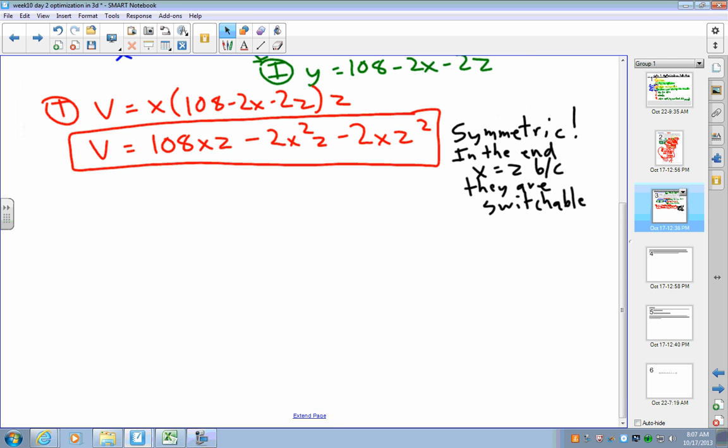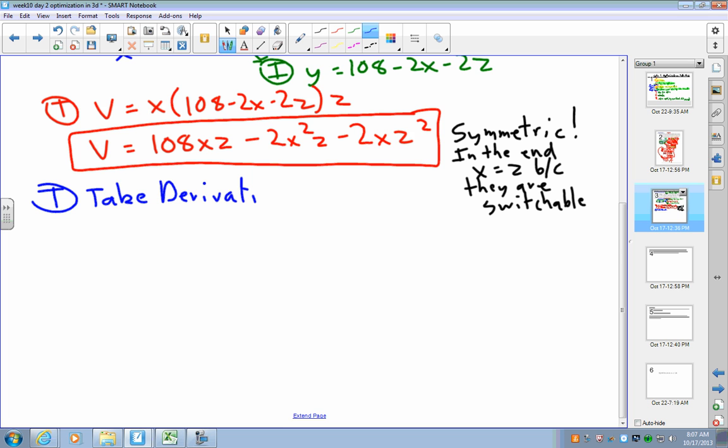Okay, so now we have this. So now we can take the derivative and find critical points. Okay, so let's do the Vx. Now we're back into basically what we did yesterday. Everything now is what we did yesterday. So the Vx would be